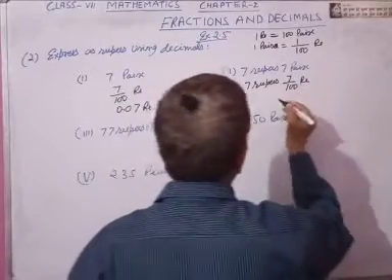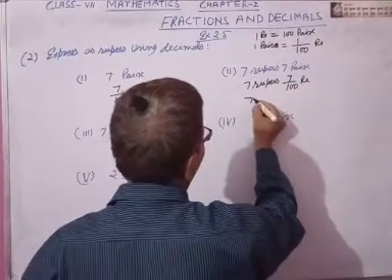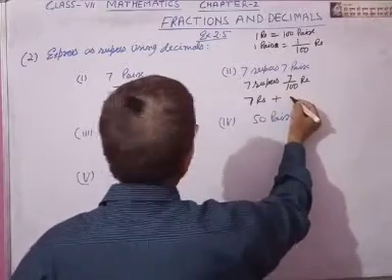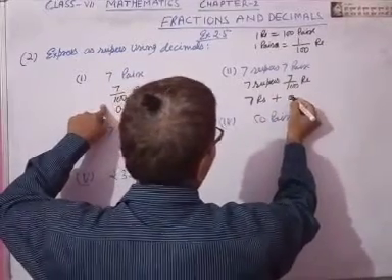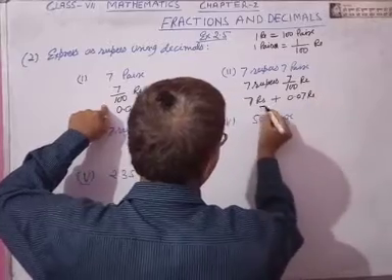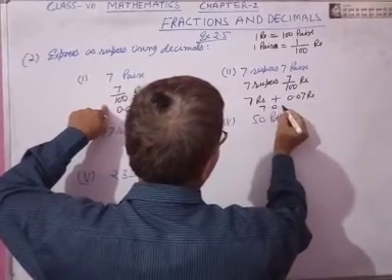7 upon 100 rupee. 7 rupees plus, when we divide likewise, 0.07 rupee. That is, we will add 7 and get 7.07